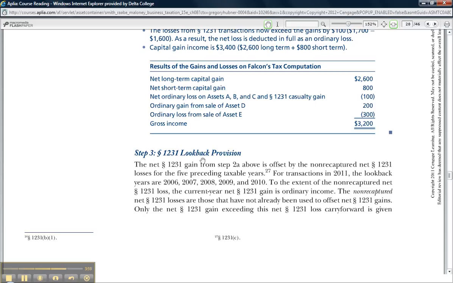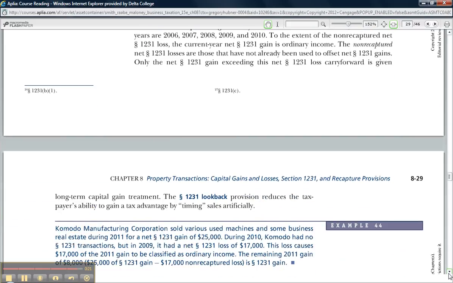Long story short, if a company has 1231 losses, aka ordinary losses, they had in the previous 5 years, then the government's not going to let you get capital gain treatment on 1231 gains that arise this year. They're going to want you to treat gains this year as ordinary gains, ordinary income, just like you got ordinary deductions in the previous 5 years. So you have to look back at those previous 5 years to determine whether you had any losses in those years, and then recharacterize some or all of your 1231 gains as ordinary. So that's one of the ways that 1231 gains can be treated as ordinary income, as opposed to the general rule of